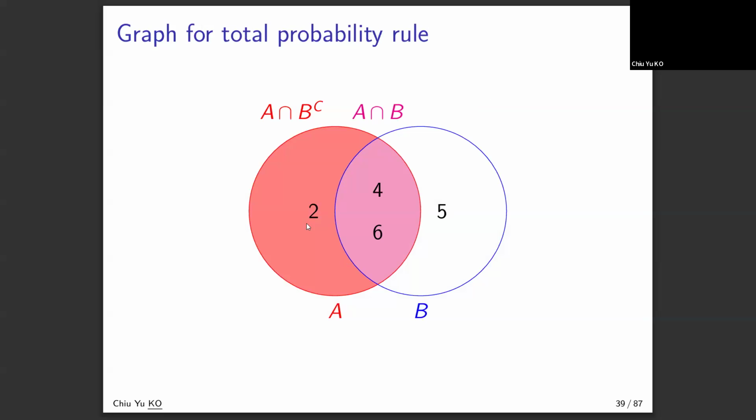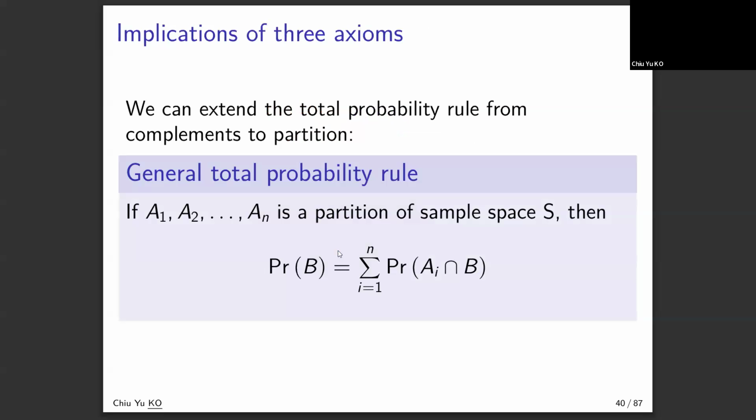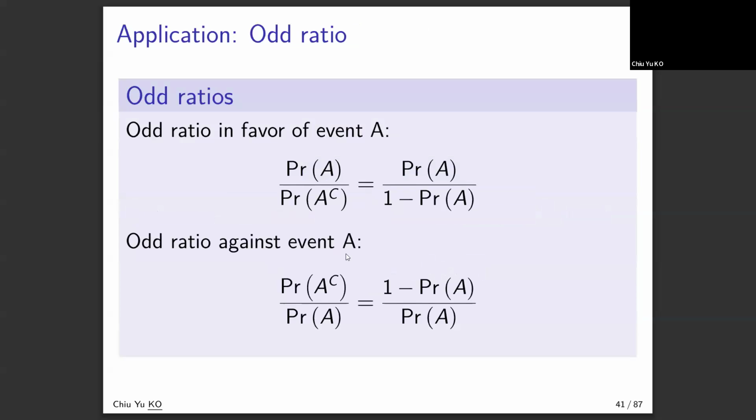So this is the case, right? A is A with B and A without B. So in general, you can divide A into many small parts. Then you can complement that, then we'll be fine. Same idea. So I would like to end our class with this application called odds ratio, as I mentioned at the beginning,